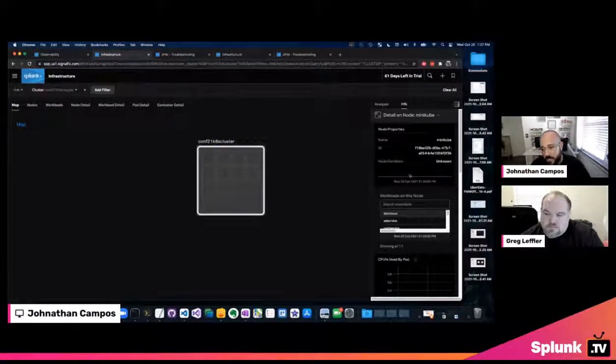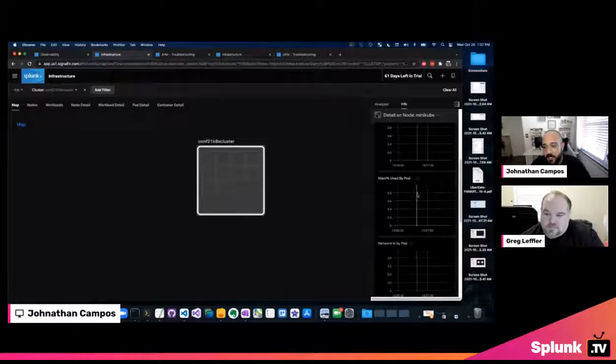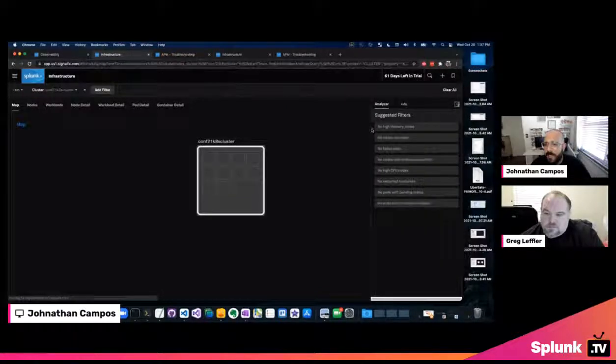And on the right hand side, you'll see that you have all of the relevant information that you need in a simple overview. I'm not sure if my analyzer is going to populate here because we haven't been running this particular cluster for some time. We just installed it for demo purposes, but you'll see that the Kubernetes analyzer is going to even provide you with some suggested filters in the event that you may have high CPU for one of your given workloads, or if your particular node itself has high levels of CPU. So all of these just break down a simple overview of exactly what you need to find the problem and get right to it.